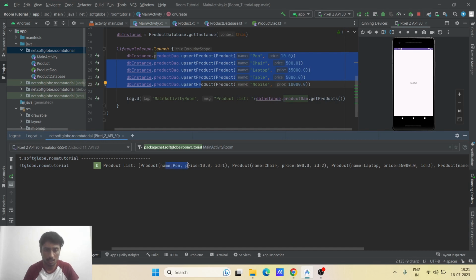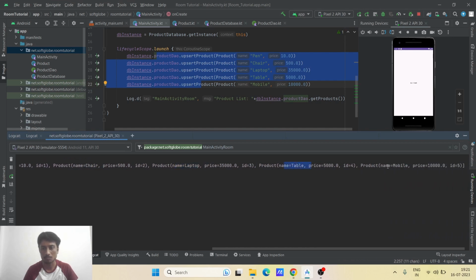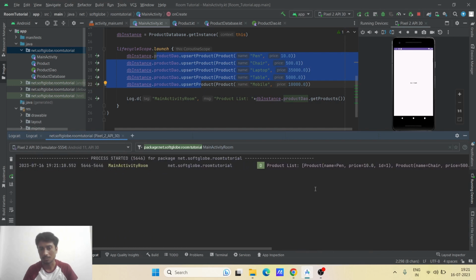Here is a product name, pen, price 10, and id. See, it is automatically generated by the room library, id1, id2, and all the further ids it will generate, it will be automatically generated, and it will be unique. Another one is chair, third one is a laptop, fourth one is a table, and fifth one is a mobile phone. Yes, we can see all the product list here,